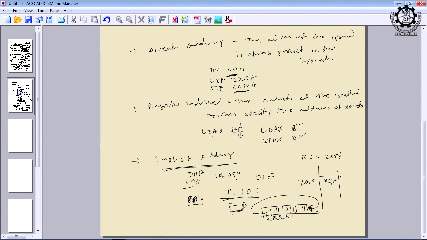Anyway, there are a number of variants of rotate instructions. Whenever we go to the rotate instructions, we shall see. This is the simplest rotate instruction. There are another 4 or 5 rotate instructions. You can also allow the shifting of the bits through the carry flag. The carry flag will be affected by the leftmost bit position of the accumulator. Then we shall see how rotate accumulator left, rotate accumulator right, etc. work. So, this is how we finish the addressing modes. Next class we will go to the instruction set, then we will go to the instruction format and so on.